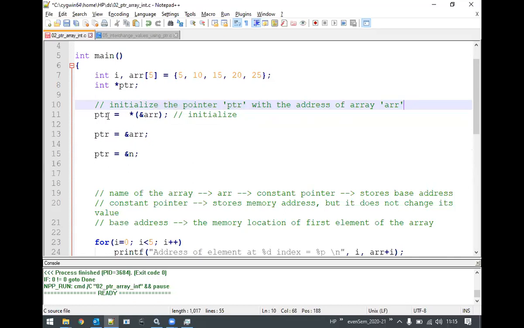It is pretty simple. The left hand side should be a pointer, so the left hand side in all these statements is a pointer itself. The right hand side should be the address of the array. Now, how can I get the address of the array? Using ampersand and the name of the array. Correct. Now, read this statement, the one which I am highlighting here. What does this particular name of the array store?